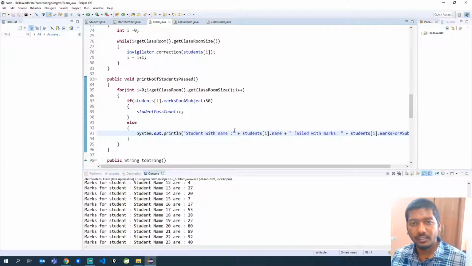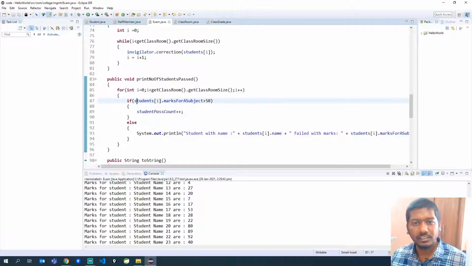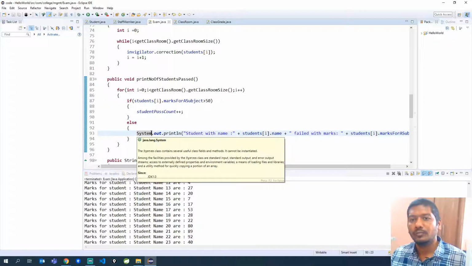Now, how the if condition works here: if the condition specified in the if brackets evaluates to true, then the if block instructions will get executed. But if the condition evaluates to false, then the code in the else block will get executed. There are also cases where we can write more conditions, and that can be done using a keyword called else if.